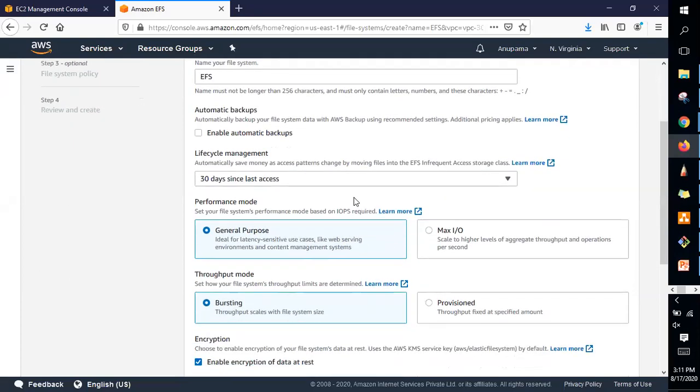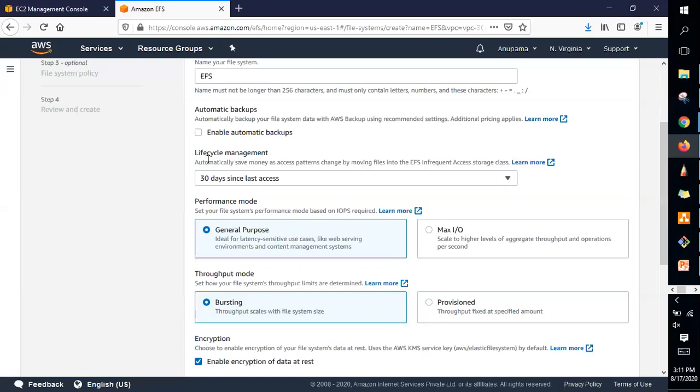Next comes lifecycle management. For example, you are using EFS for many years, maybe from 2010, or 2015 is also fine. You don't access the first year's data now, but you need it. Take your phone: you might be looking at recent photos, but very rarely you go back and see your old memories.